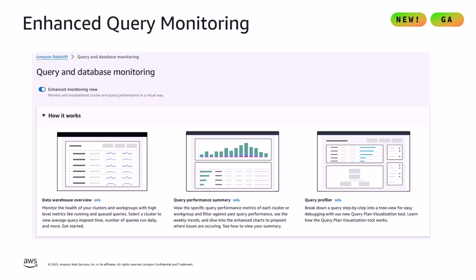Amazon Redshift now offers enhanced query monitoring capabilities, enabling you to efficiently identify and isolate performance bottlenecks. So with this new feature, you can analyze queries in a specific time frame, find problematic queries, and also drill down for detailed query plans. You can also review performance trends of a query over a period of time. So this provides you with the necessary insights to optimize your workloads and ensure efficient data warehouse operations.